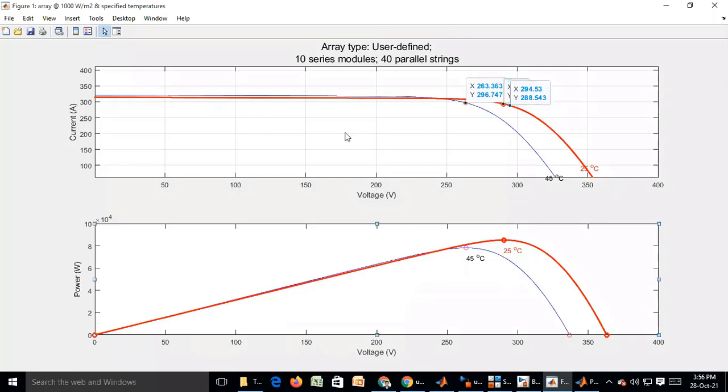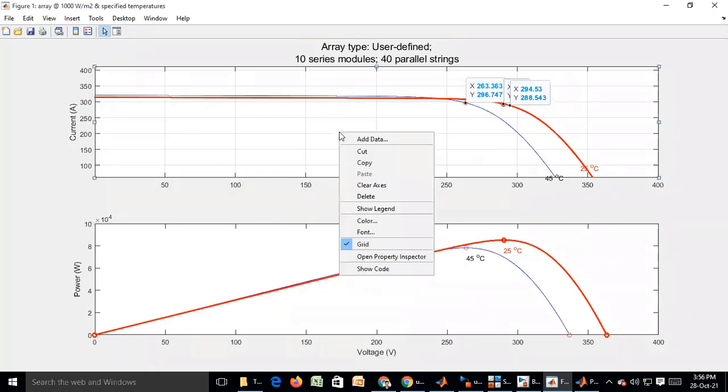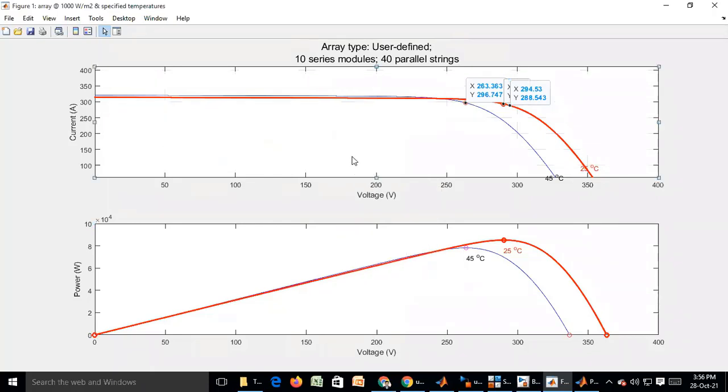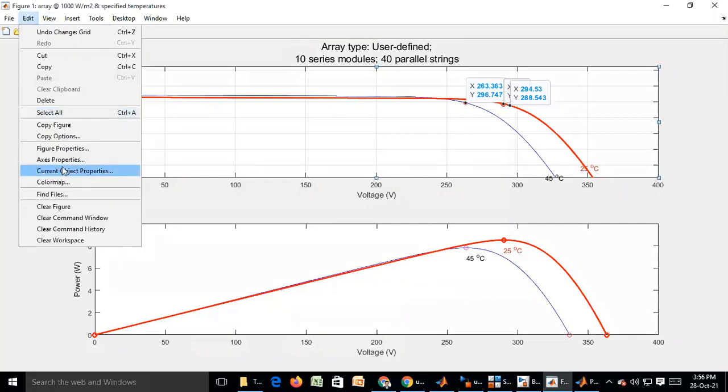So the top one you see. This is grid. Edit figure properties.